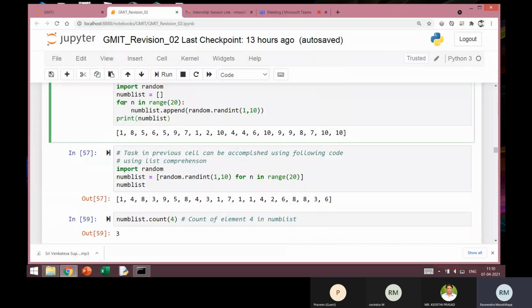So I'll put this in a for loop: for n in range 20. Remember that range 20 refers to numbers from 0 to 19. So the value of n here is going from 0 to 19. In each pass of the for loop, the value of n will be from 0 to 19. The first time it will be 0. But actually we don't need the value of n.